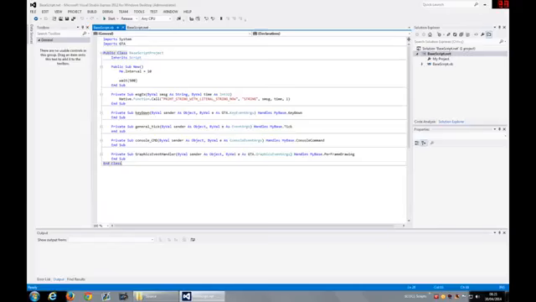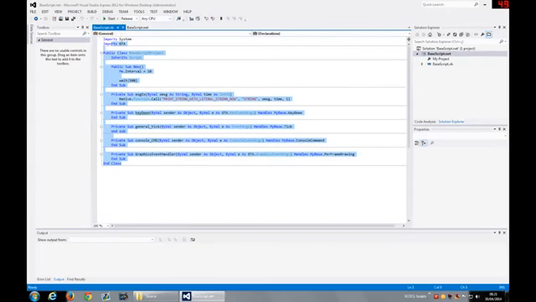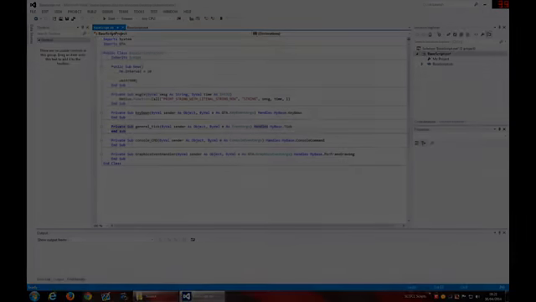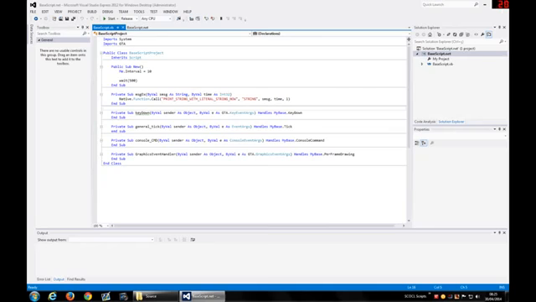Basically it's this file here. We can start any script based on this file here. Let me explain the structure that we have here.